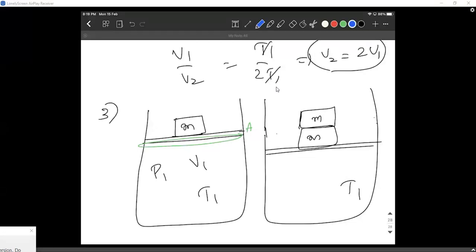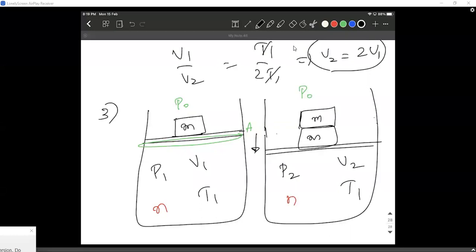Can somebody tell me how do you approach this problem? Obviously no gas has leaked, so the number of moles is n and the number of moles is n. Outside pressure, anybody is willing to do the problem? Sharath, you raised your hand and gone again. Anyway, outside pressure is P0 here. Inside pressure, let us just call it P2, and the volume has clearly decreased, so P2 V2. How are we going to approach this problem, Sharath?